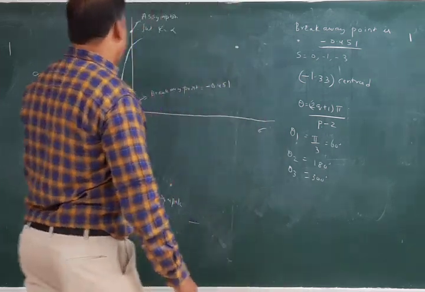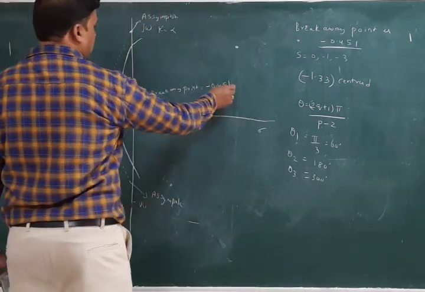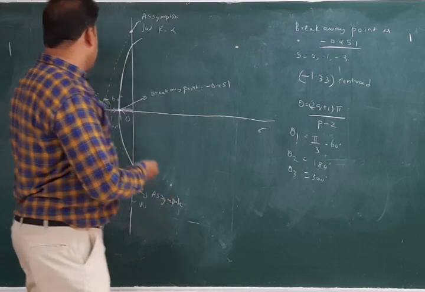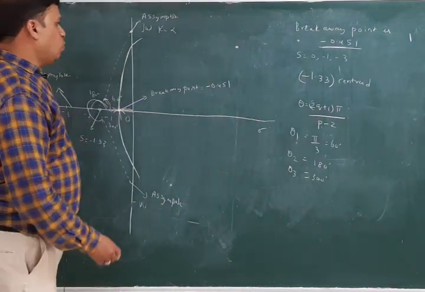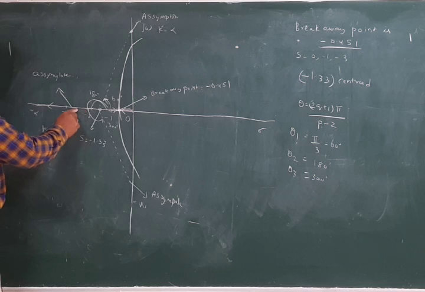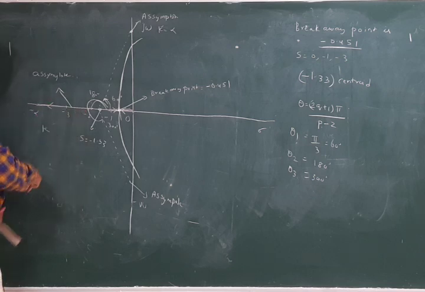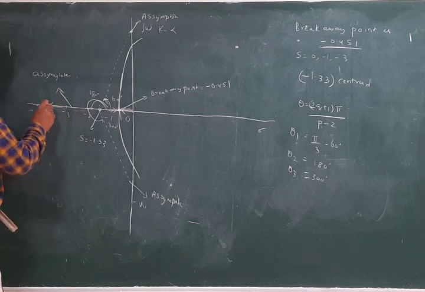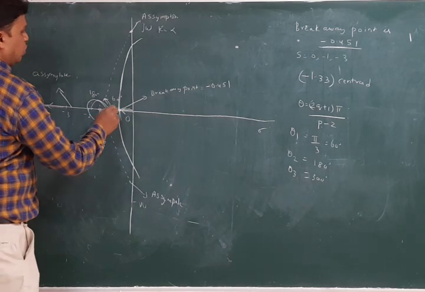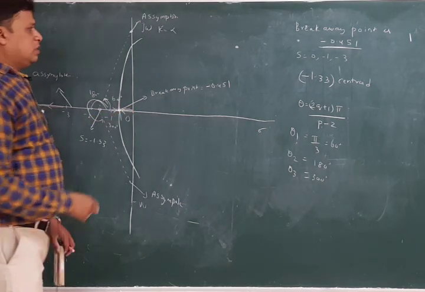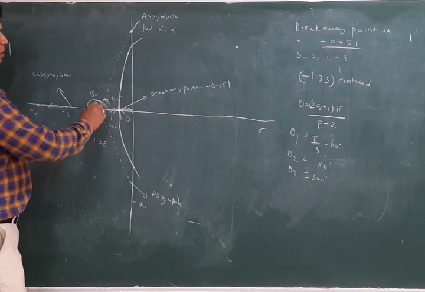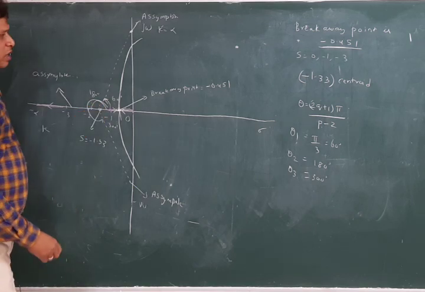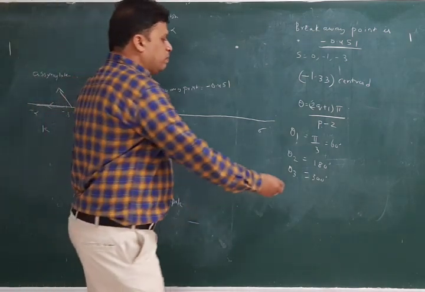After that, what we did is -0.451 was selected as the breakaway point, because you do not have any root locus at that -2.28 value. So -2.28 is somewhere here, but the root locus does not exist. Root locus only exists here, -3 to -infinity and 0 to -1. So we are drawing this particular thing as the root locus here, and this point, the asymptote point, is called the centroid, and we are getting these three values.